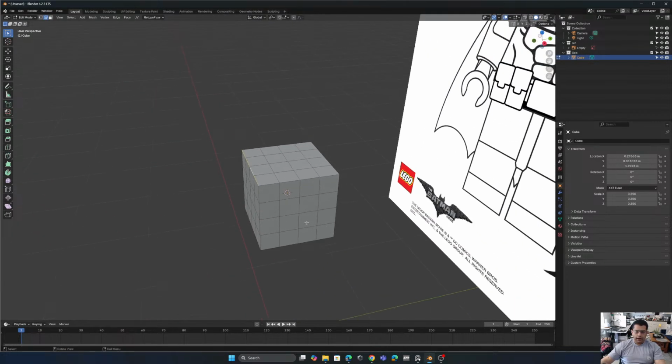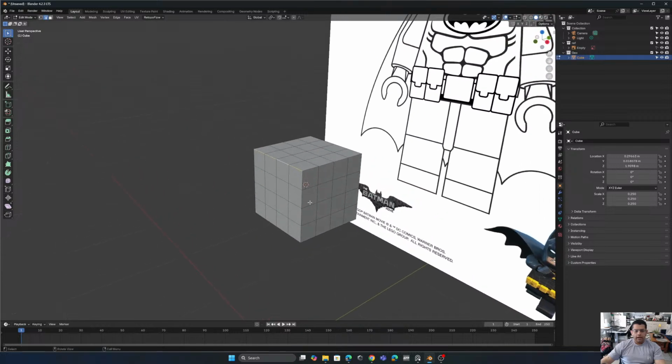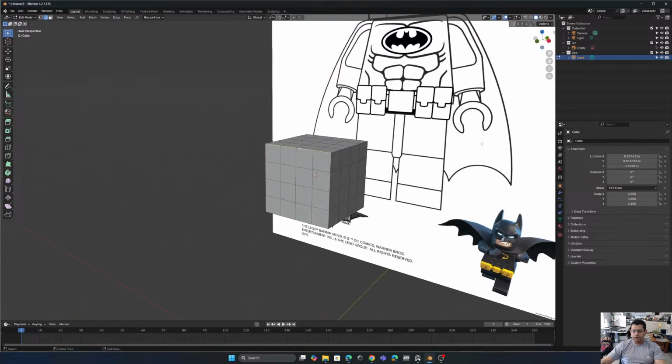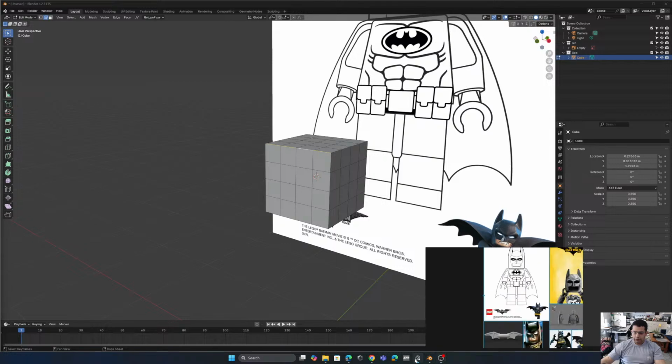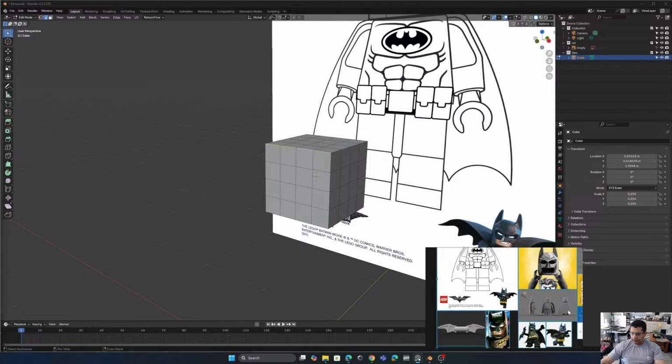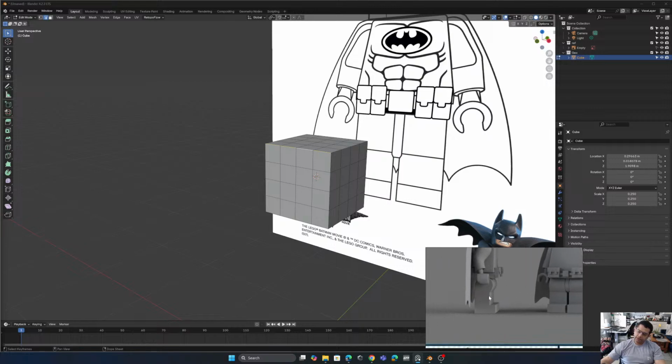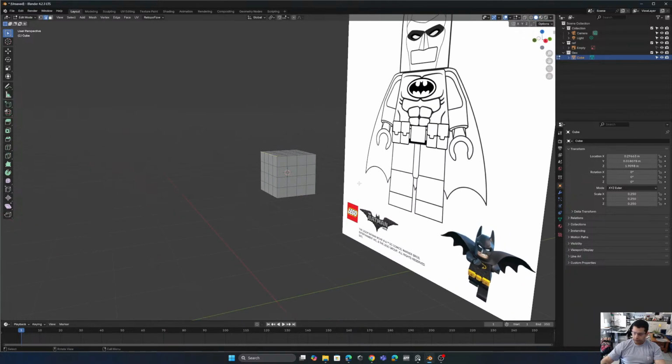You're going to ask why I'm going to need this. Well, I'm going to try to make a little cylinder here to simulate the Lego leg. As you can see in our reference over here, the Lego legs are kind of circular in the top, so we're going to try to simulate that. Let's try this. So we're going to select this edge